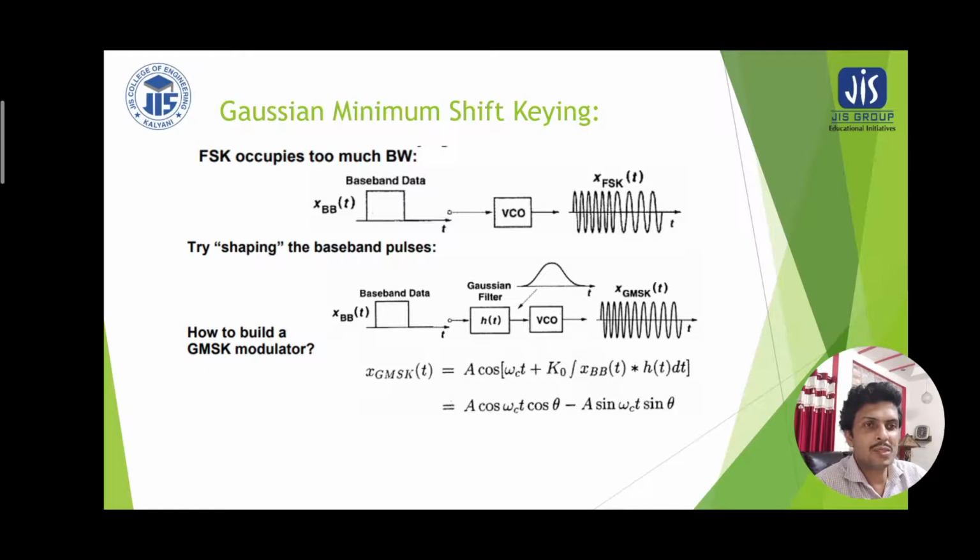Similarly, in frequency shift keying, we utilize two different carrier frequencies for logic 0 and logic 1, and here also we get a larger bandwidth requirement. Though it is not contaminated in magnitude, that is why it is robust,